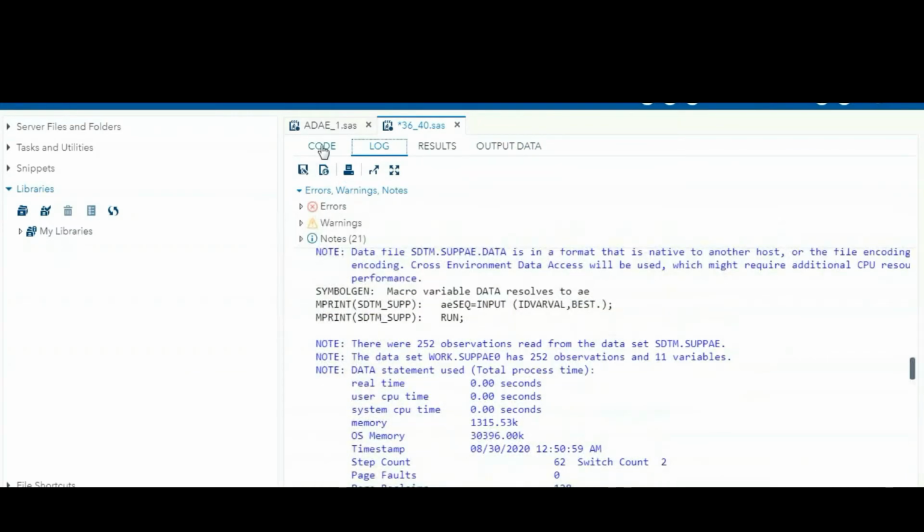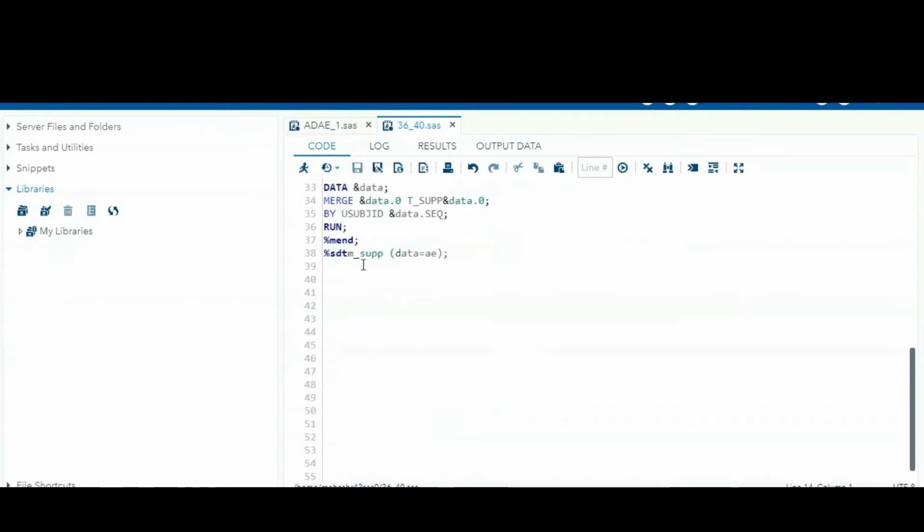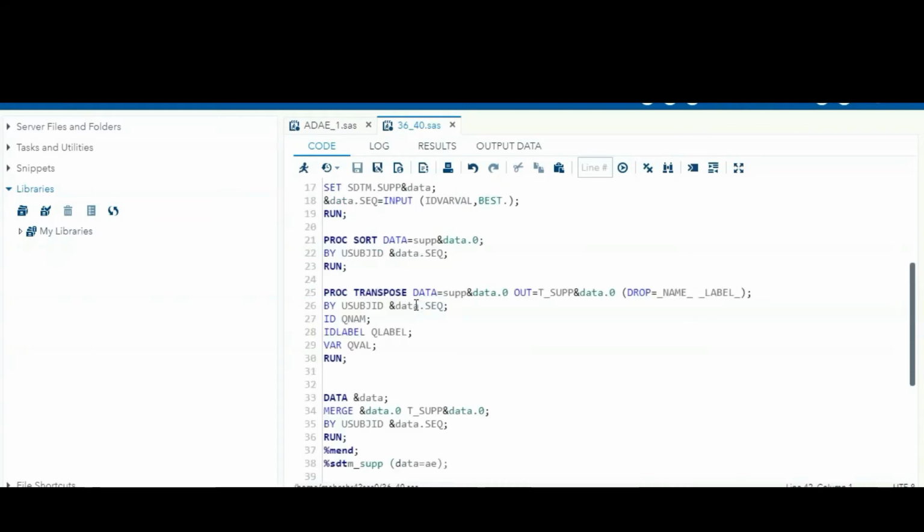If you want to call any other dataset, you can simply call the dataset name. If you want to add the supplementary of DM or AE or SCR, any dataset, you can simply call this. So this is fine. But the actual problem occurs if the supplementary dataset is not present for the particular dataset.